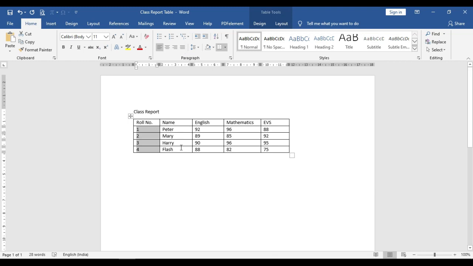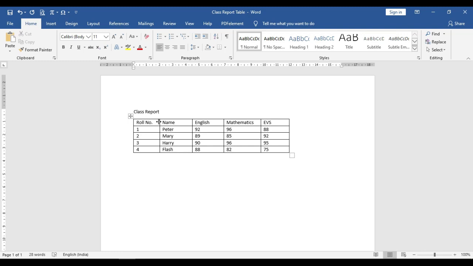Now let's check how we can resize the table. We can resize the table by using the mouse. Just take the mouse to the edge of the cell that you want to resize. If you want to resize it horizontally, then select the column side.